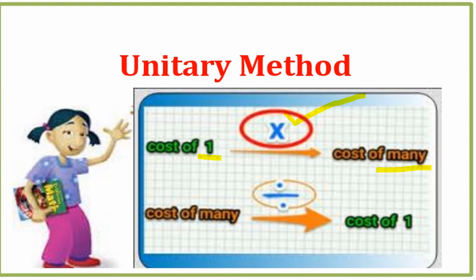If they give the cost of many, we have to find the cost of one. Then we should do division. The cost of 10 pencils is 200 rupees. Then what is the cost of one pencil? So the number of quantities given is many, and we are going to find only one quantity, so we should divide. Okay, can you? I think so. Hope you all understand the concept.